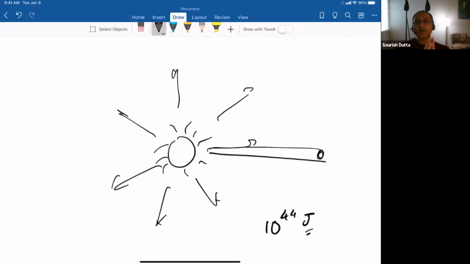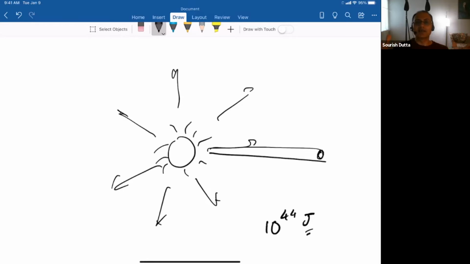How does that compare with the amount of energy that's put out by the sun? Well, if you calculate the total amount of energy put out by the sun over a period of 10 billion years, which is the lifetime of the sun,